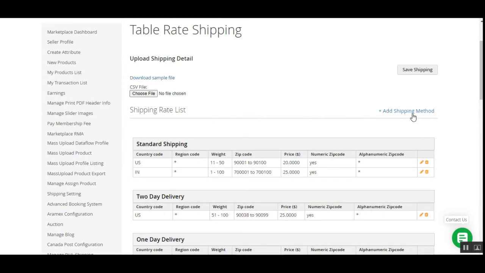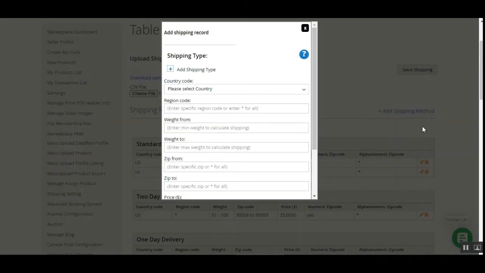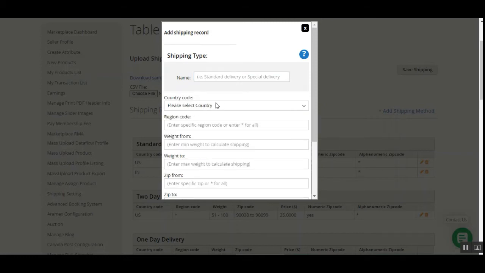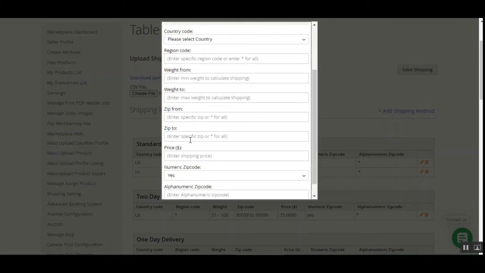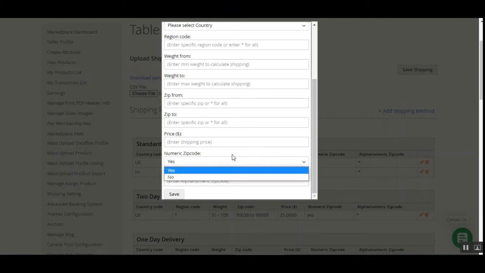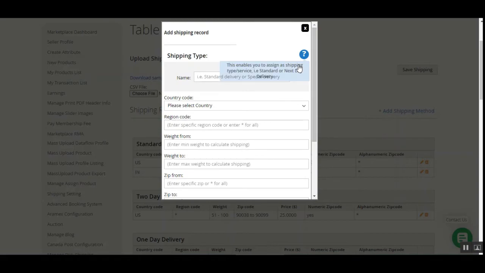And to add a new shipping, you just need to tap here in the add shipping method. So from here we can add a new shipping method, and this brings up this particular pop-up, as you can see, to add a shipping record. So here we have the shipping type, so we can set the shipping type as required, and then we'll have to set up the country code, then the region code, weight from, weight to values, then the zip from and zip to values, then the shipping price that would be applicable, whether it works on the numeric zip codes or not,